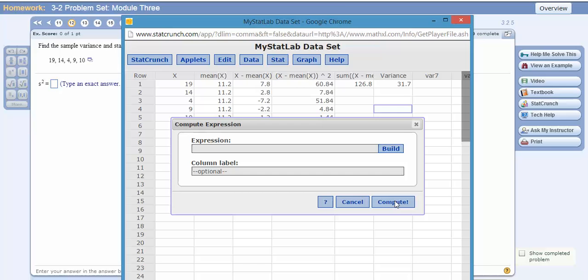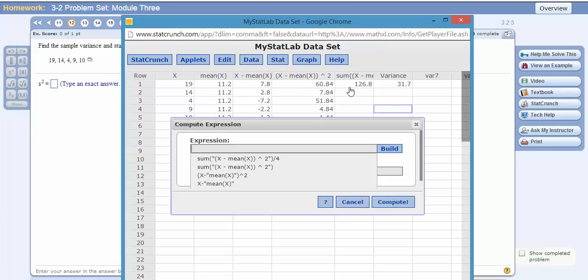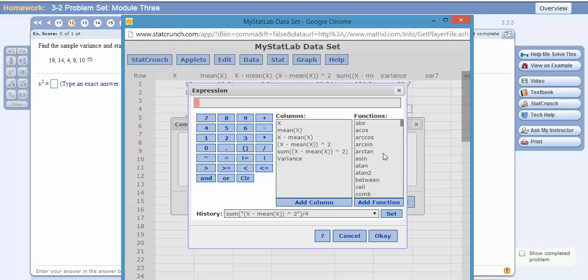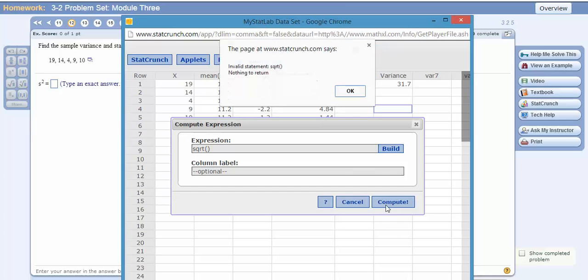And let me bring this up, so see if I can bring up the build so that we can find the square root function. It's not on the keyboard anywhere. Let's just go down here. It's probably SQRT, typical. There it is, SQRT. Add that function. And we want to take the square root of the variance. The standard deviation is the square root of the variance. Click OK, compute it,